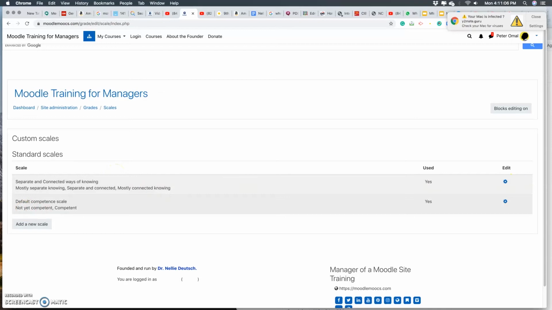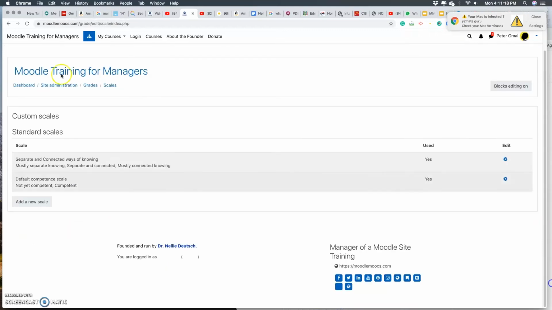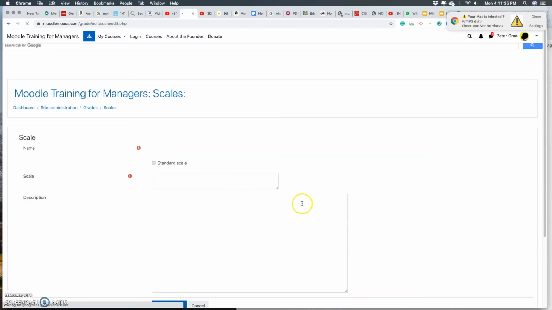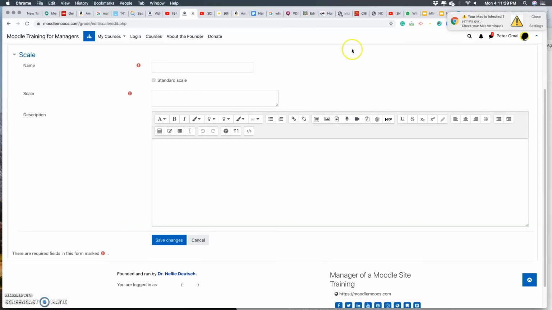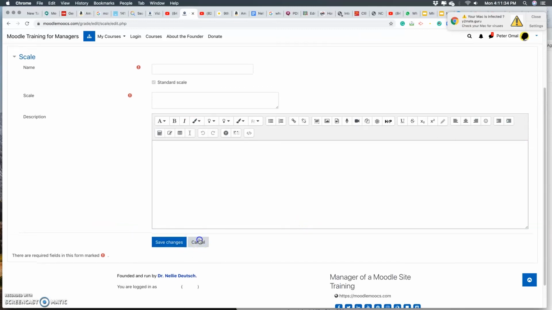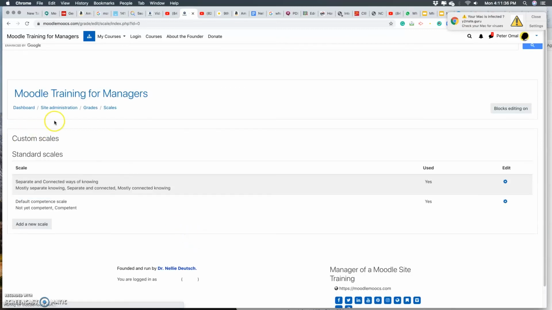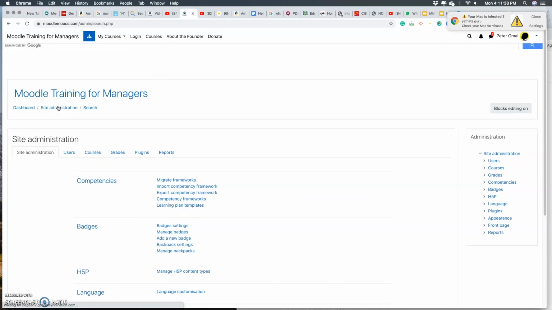So, here we go, yes. Default competence scale, not yet competent scale, yes. And we leave it as it is. We need not reinvent. But if there's an additional scale to be added, we can add it and state it right here. So in this case, we are not doing anything. We can cancel that. We go back to site administration